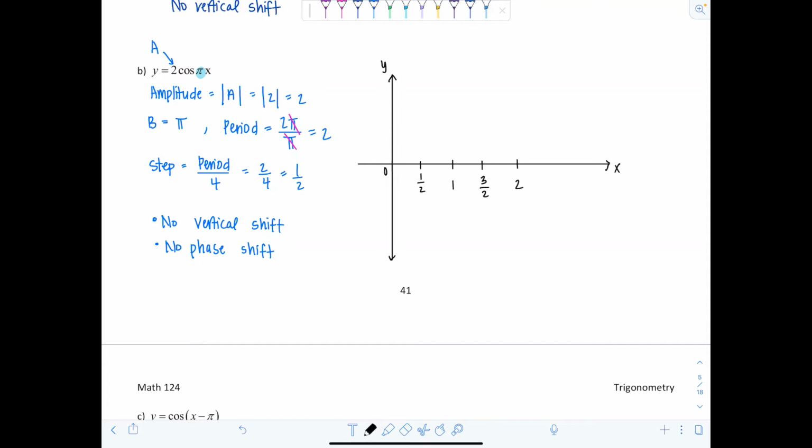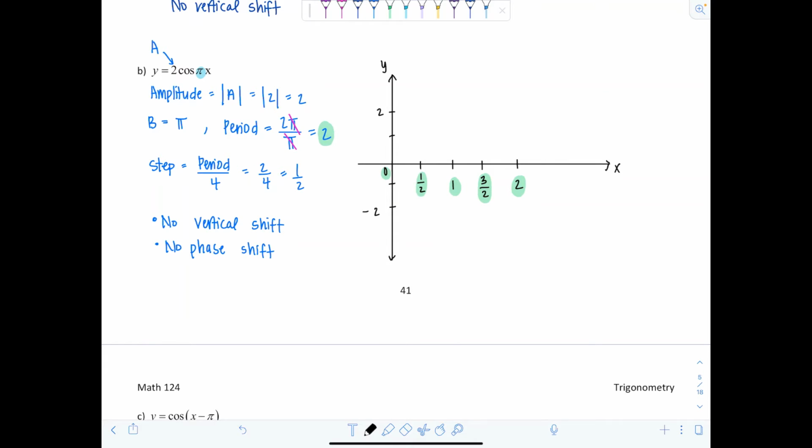If you look, and you want to make sure that you did it right, okay? I have 5 points here, yes? 1, 2, 3, 4, 5. They should take you through one entire period. And look, you can confirm the period was 2. We started at 0, we ended at 2. So that's just a little way that you can check and make sure you did all your fractions and everything right. And then in this case, we know the amplitude's 2, so we're going to go up to +2 and